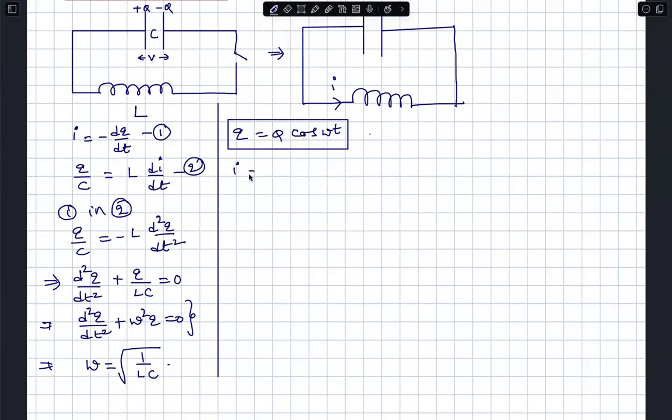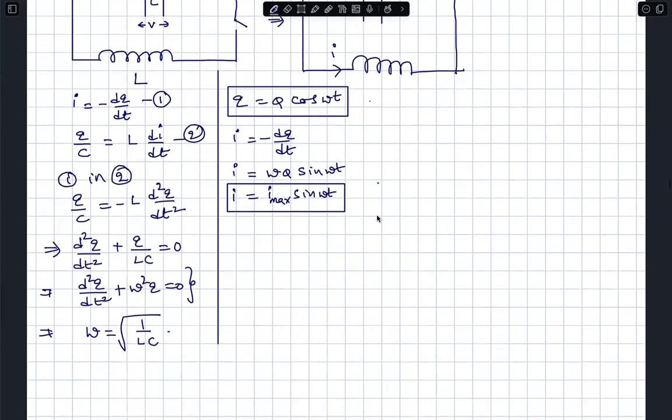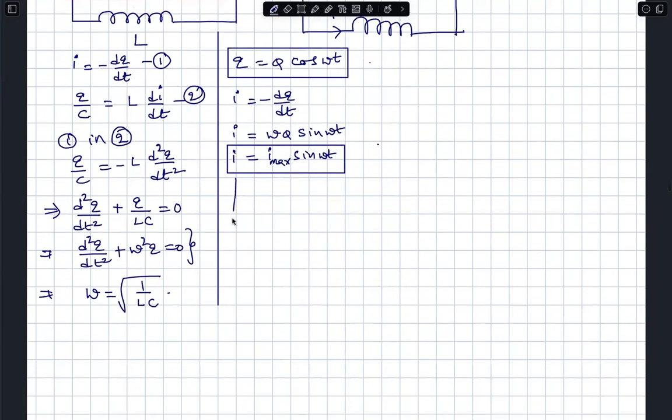And the current is given as minus dq by dt, which you can write as omega Q sin omega t. And remember, omega Q is called maximum current, sin omega t. So your charge is oscillating, current is also oscillating. So if I plot some graph,